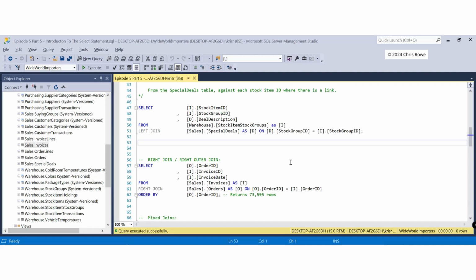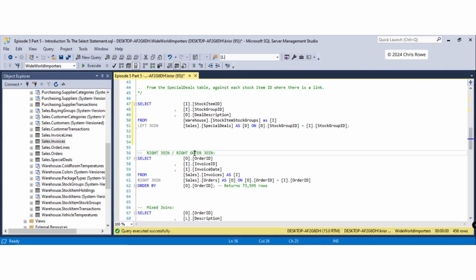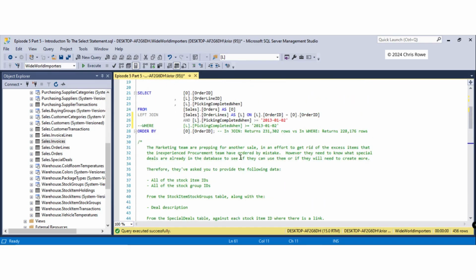Welcome back everyone. We're going into part 5b now, where we start to cover the right join, also known as the right outer join. And this is also an outer join, but we can simply just write it as right join, which I have in this example. Now the key thing to note with the right join is it's exactly the same as the left join, just in reverse. So if you have a look at the table up here,